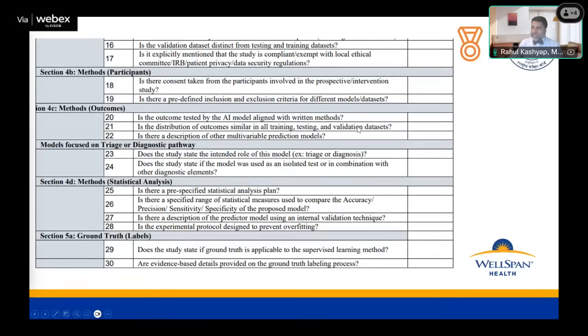Again, same in the training, testing, and validation data set as well. Focus on the triage and diagnostic pathway they apply to, if that's what they're using it for. Statistical analysis: there has to be a pre-specified analysis plan. They've looked into accuracy or precision, sensitivity, specificity, area under the curve. All those things have to be defined well in the method section before they get to the result section as